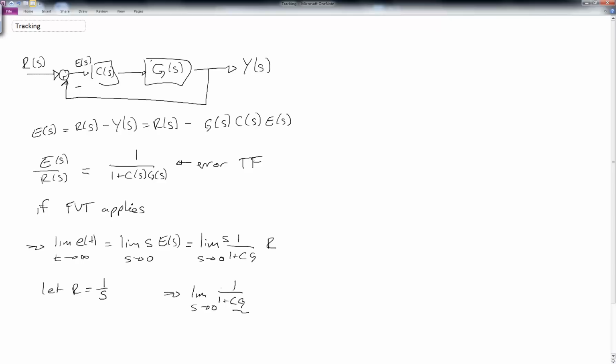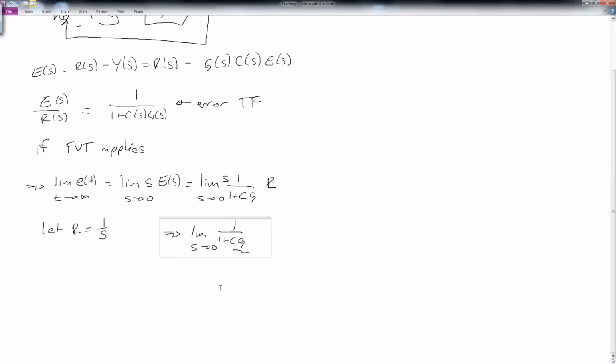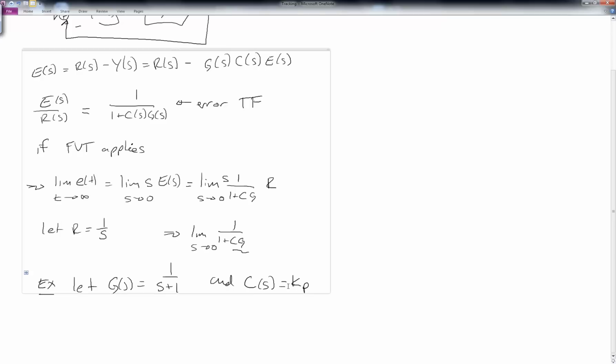We can go ahead and do an example here. Let G(s) be a simple system, 1 over s plus 1, and C(s), we'll just use a proportional controller, and we'll let that be Kp. So now, in this case, I can write down that our steady state error, which is defined as the limit